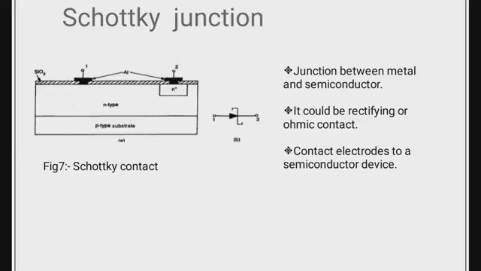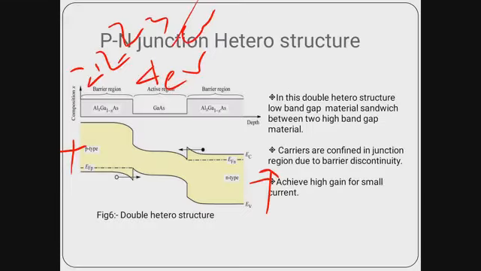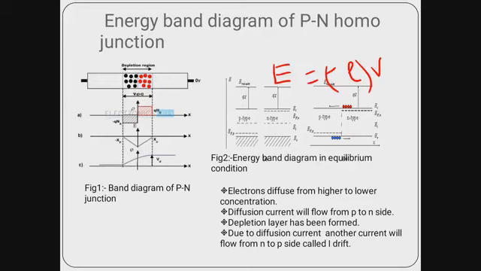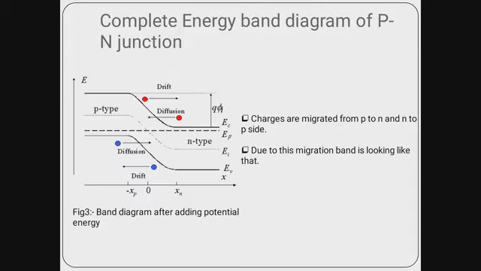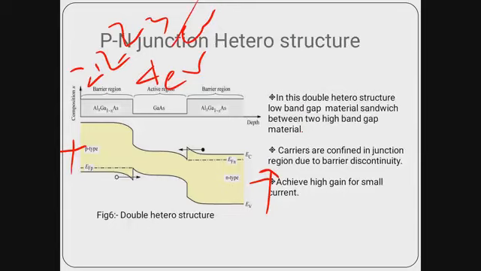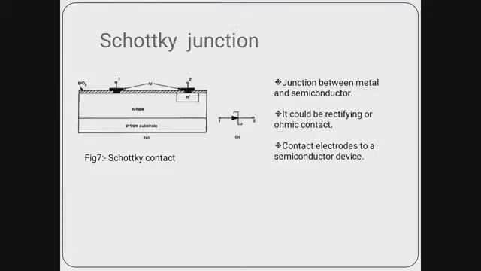That means the total connection is made in between metal and semiconductor. But in the previous diagram we have seen there is a connection in between semiconductor and semiconductor. In case of homostructure and heterostructure, all of these connections are made in between semiconductor and semiconductor. That means in these configurations we have not used any metal.